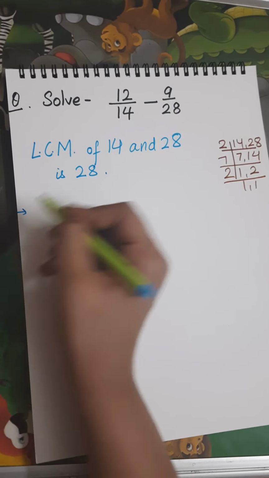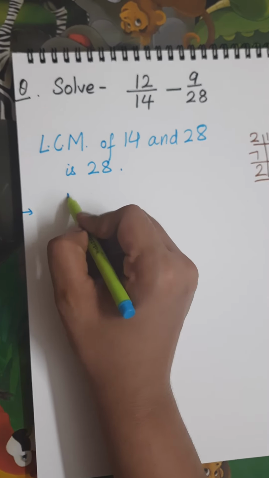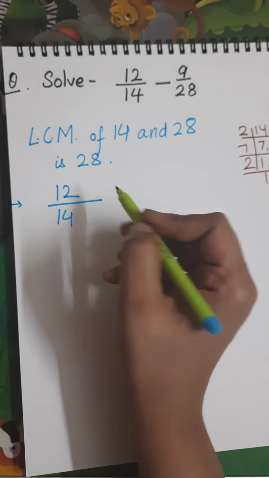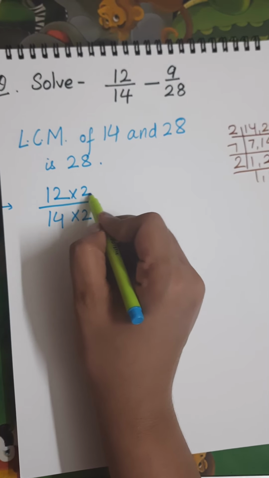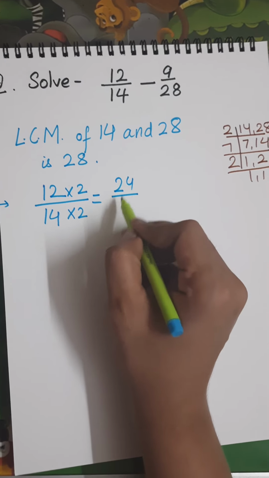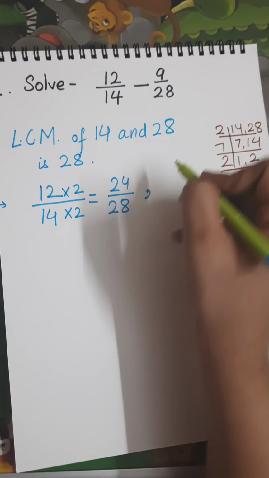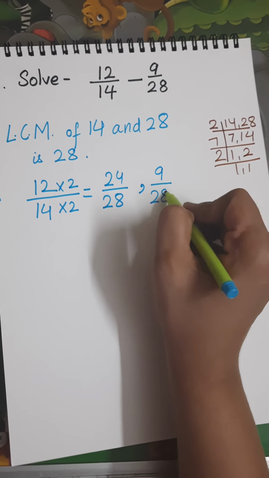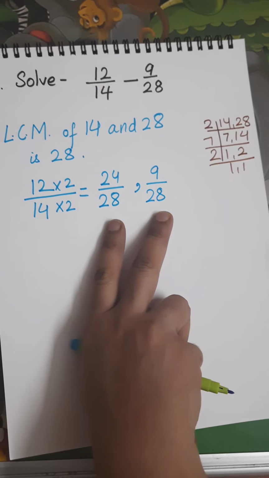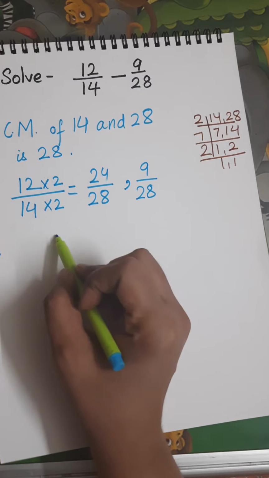All right, so moving ahead, now I have got my LCM. Now my second step is what? I already have 28 in this denominator, right? I already have it over here. So I just need to convert 12 by 14. I have to multiply it by 2, both numerator and denominator. So here I have got 24 by 28. And I'll put a comma. I'll write this fraction again so that it is clear which two fractions you have to find the difference of. So my next step, I'll write it down.